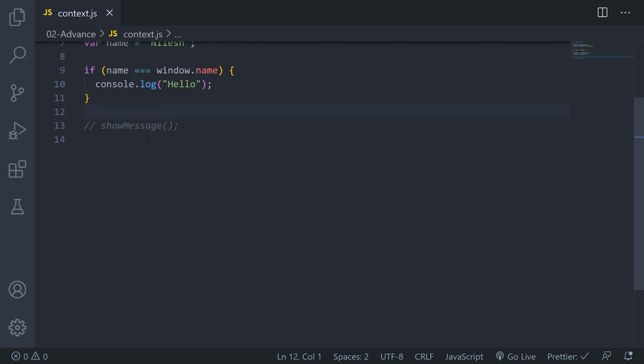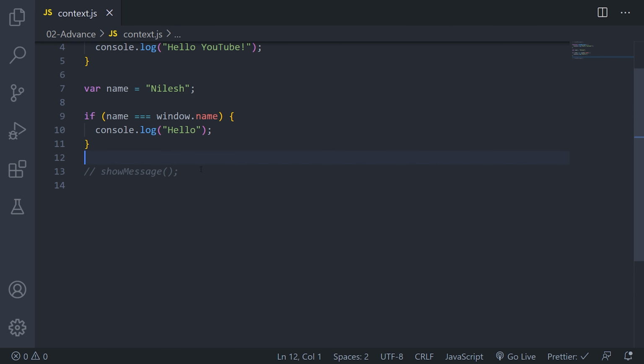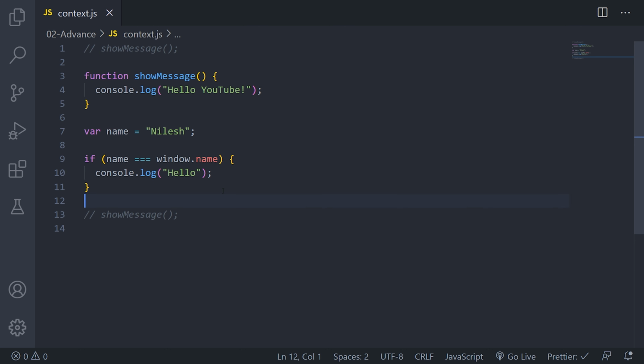So this is how context works, and whatever you write in your program resides somewhere. That portion or that part is known as the context of your program. So that is why we are able to access it directly, whether you write it first or declare it first, or access it before declaring. So that is how this works.